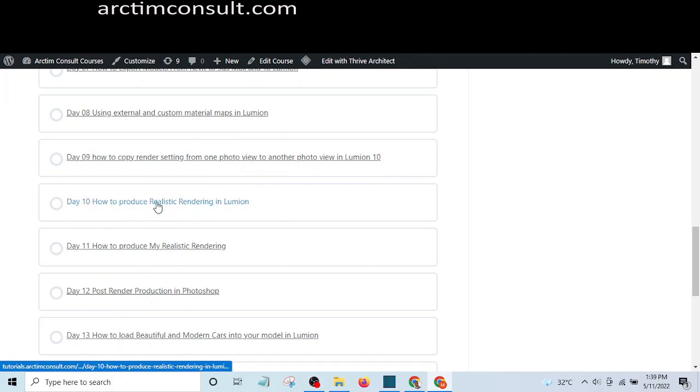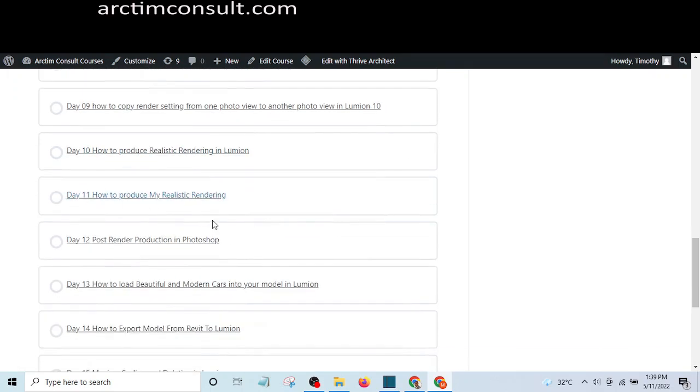And in this particular lecture, you learn how to produce realistic rendering. Here, you are going to follow me as I do the settings afresh so that you also master how to do your own settings. You'll be able to learn what factors contribute to the quality of rendering, and you see as I set it. Okay, then you will learn how